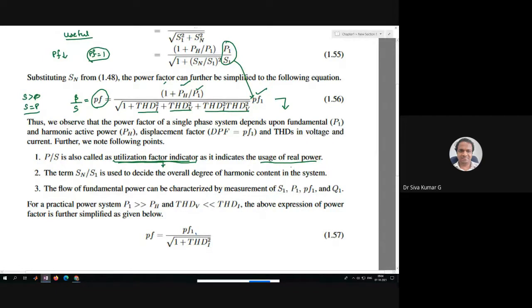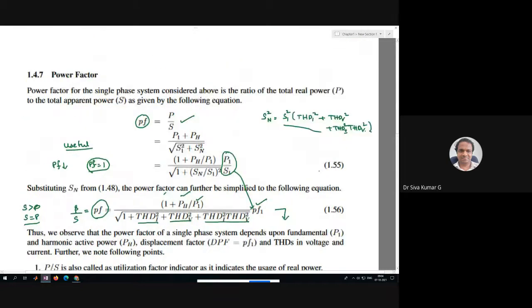Okay, this is one of the terms. And the other term, Sn by S1, is used to decide the overall degree of harmonic content, the degree of the harmonic current in a system. See this one. If you take this equation, what we get is Sn by S1